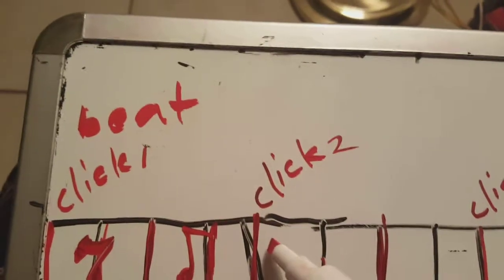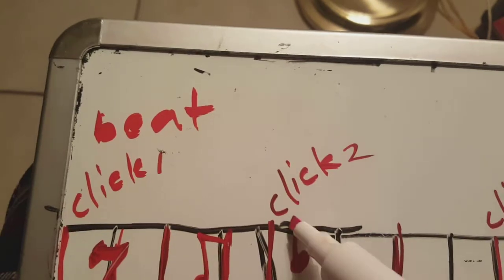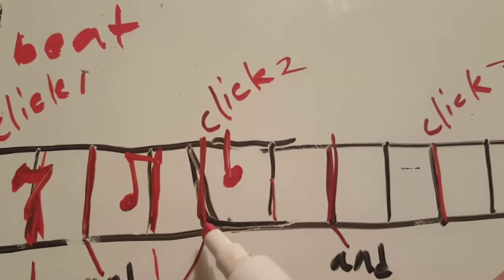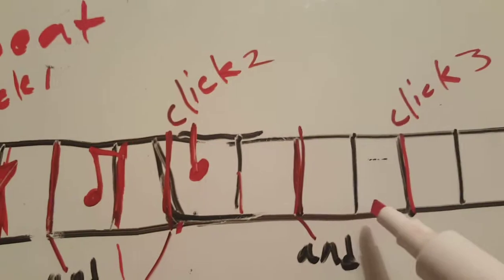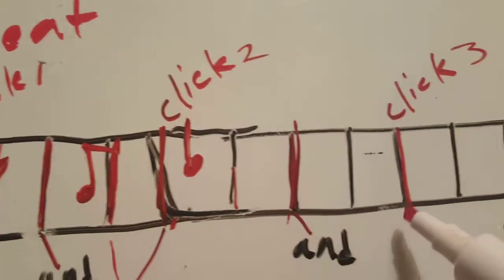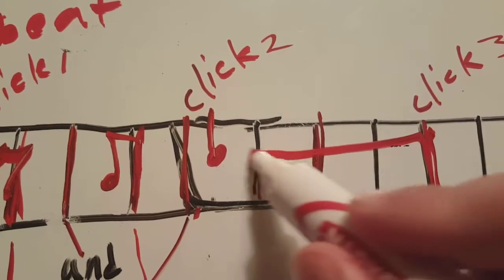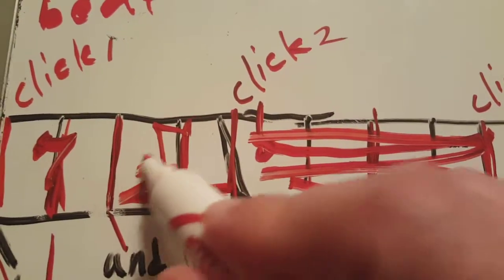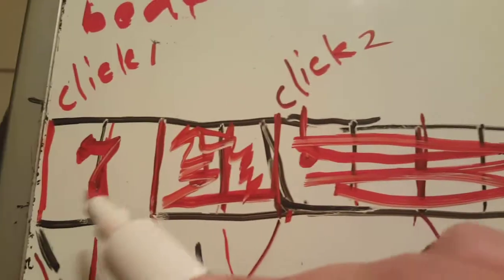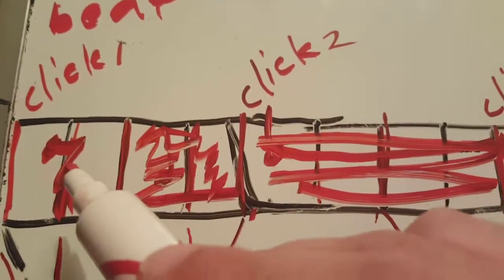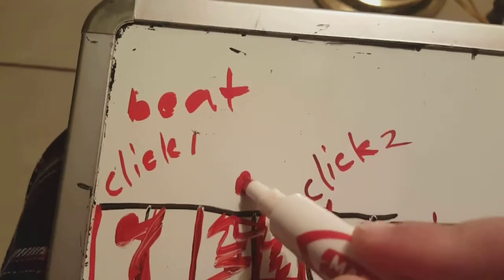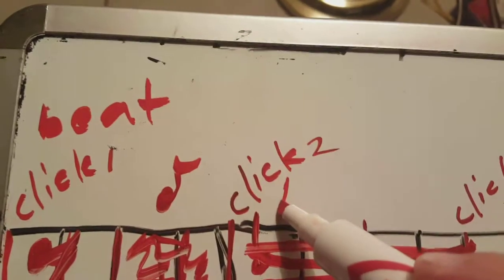And let's say I wanted a quarter note. A quarter note will last 4 little boxes, or the whole beat. So 1 or 2, and right at this click it ends. So this would take up this much space. So this eighth note just takes up this much space, and that rest I'm not going to fill in because there's no sound. So there's a rest right here, and then an eighth note, and then you have a quarter note,